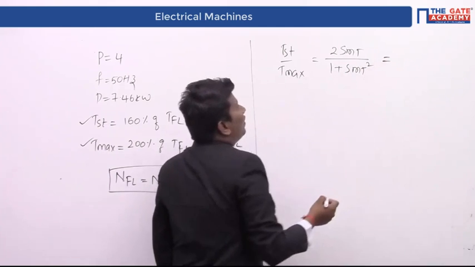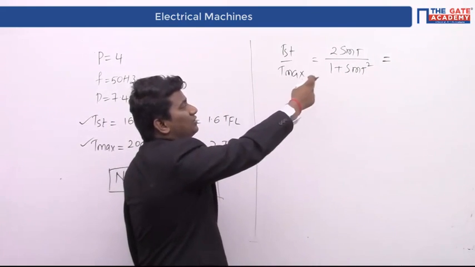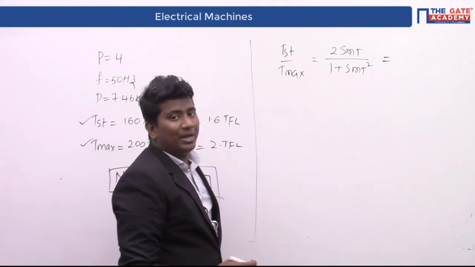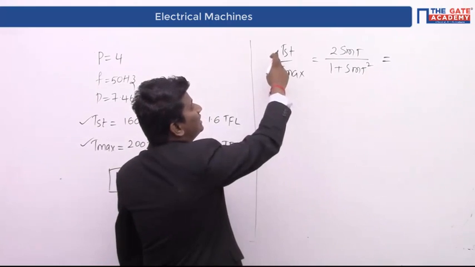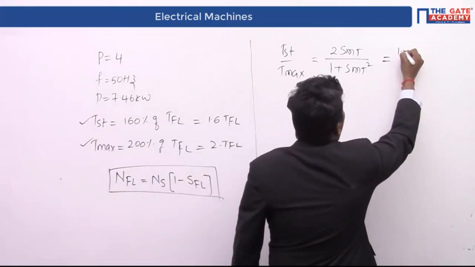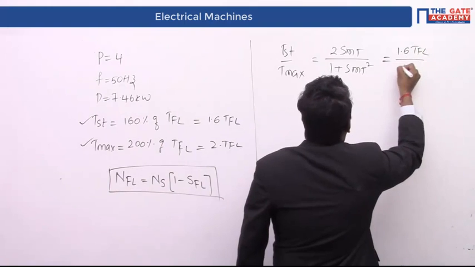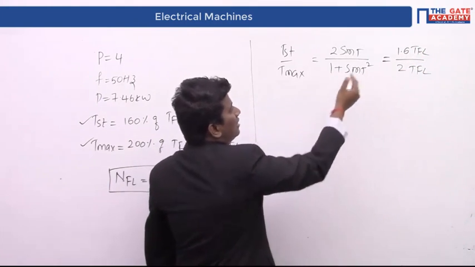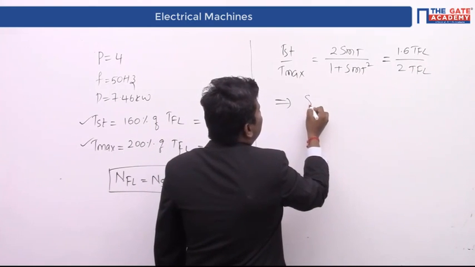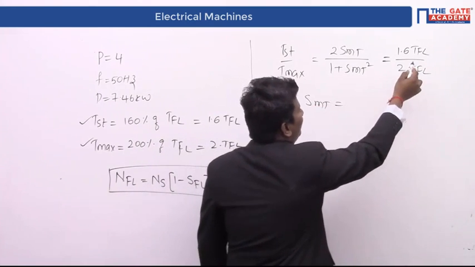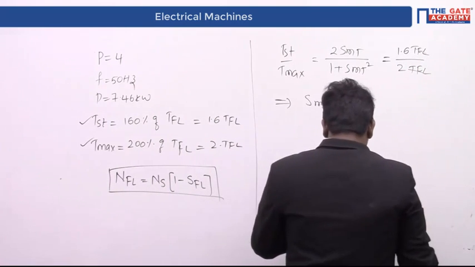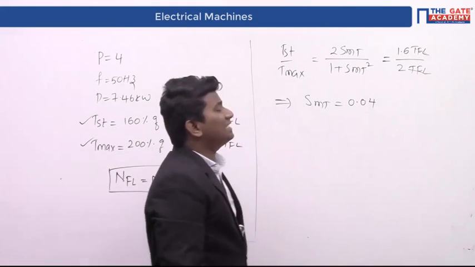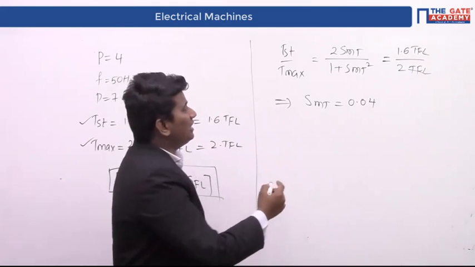Therefore, starting torque is 1.6 times TFL by 2 times TFL. In the given question, the data is like this. Therefore, what is the SMT from this equation? If you solve, you will get